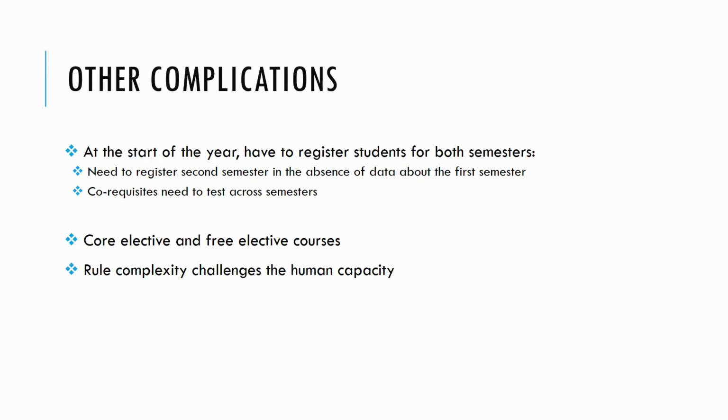We also have to register students at the start of the year, and that means registering the students for both semesters in the year. At the start of the year, we don't have data about the performance in the first semester, and yet we have to try and project into the second semester all the possibilities that could have happened